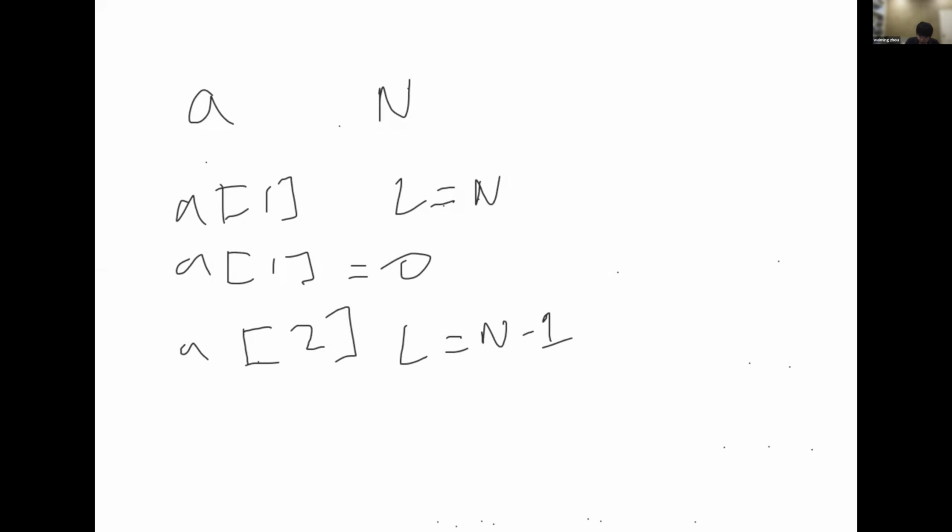So the only tricky part now is how we can effectively simulate applying all the operations. Because after trying each L, we can't actually update the array directly. That would result in an n squared algorithm, which would TLE. So what is needed is that we have to simulate this in a smart manner, and the way you can simulate it well is that say we know that we used